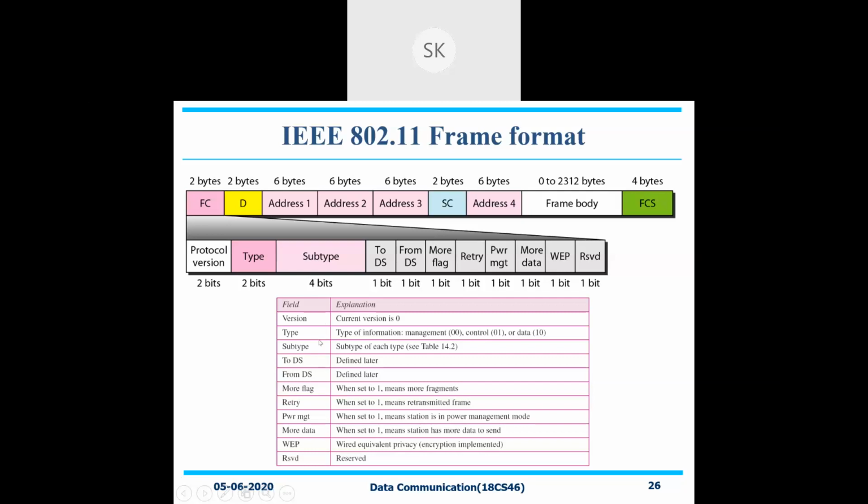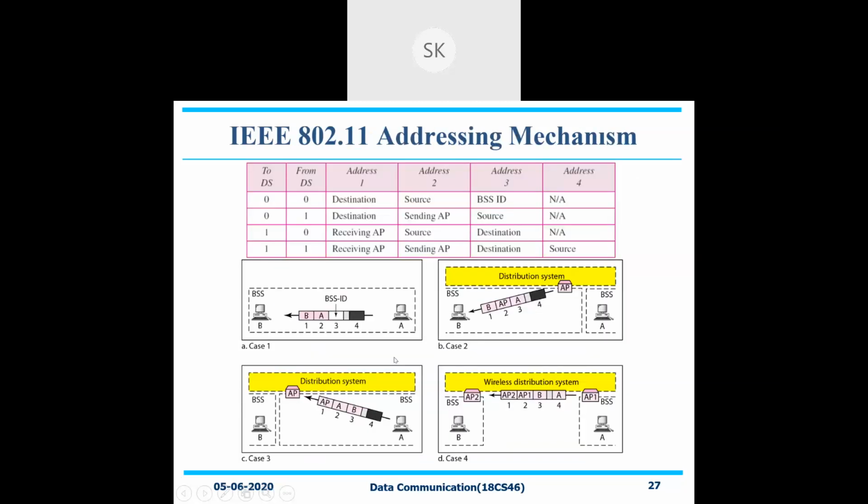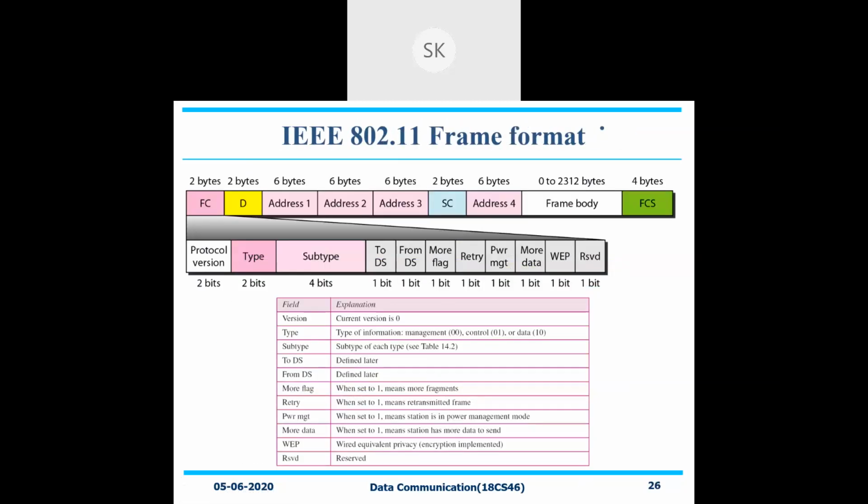The next one is your subtype. Subtype, whatever is available. Subtype is taking the value with respect to your request to send or clear to send control frame. So whether you are sending the data, or requesting the particular station to be active for responding with respect to that particular data, or the regular data frame, the value has been set. So that is what will be taken care of with respect to your subtype.